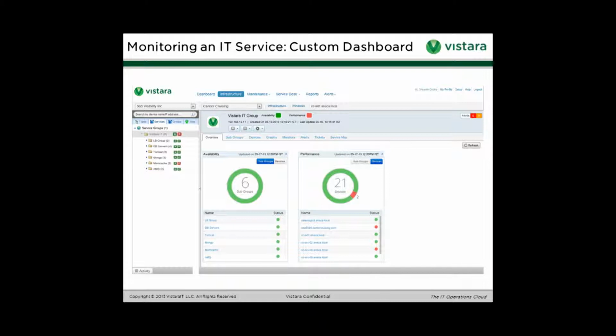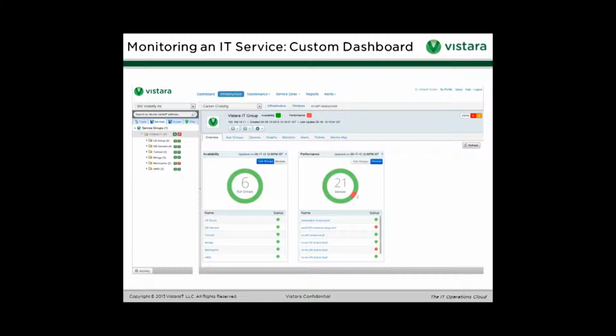Here's a screenshot of a custom dashboard for a service. Here, for our service, we specified that the overview dashboard should show the service's availability using the custom availability definition we created, and also the service's current performance using the custom performance definition we created. So again, not only can you construct a service and monitor and manage the availability and performance of all of its constituent elements and see the service's health at a glance, but you can also create a custom dashboard that gives you a customized set of metrics that are appropriate to this particular service, since different services that source elements and other supporting components like other services from different places may need different definitions